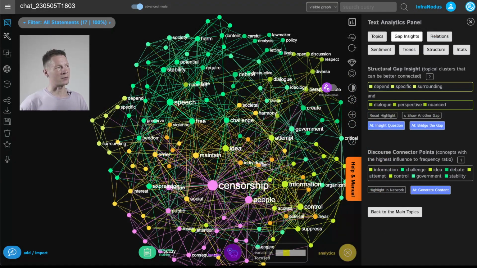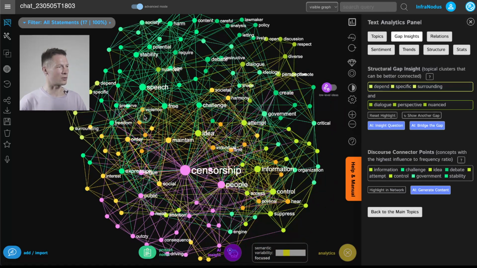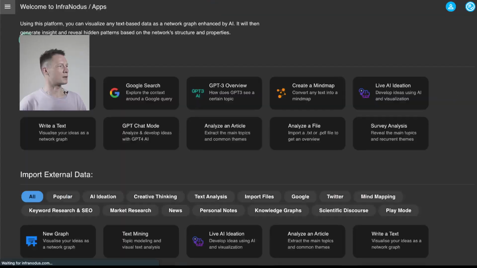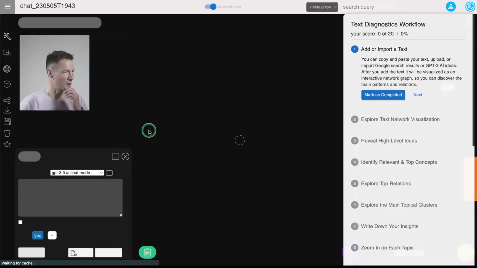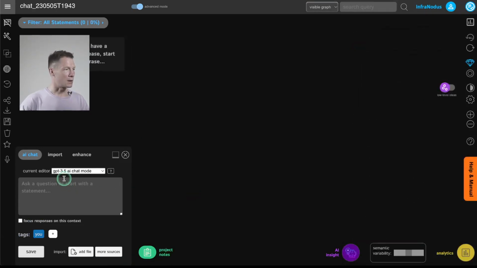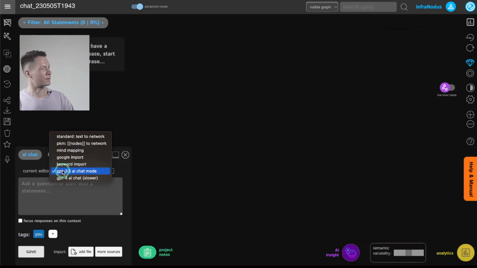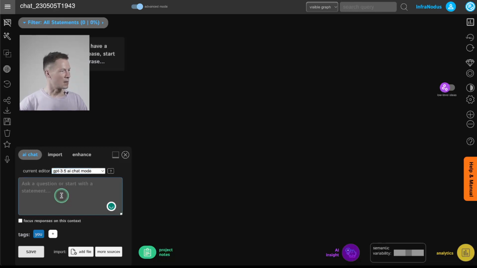I will also record another video where I will explain it in more detail, but here we'll just go through a quick overview. So first of all, you need to open the app, and then inside InfraNodus you have the GPT chat mode. So you choose that, and then you can start talking to GPT 3.5 or GPT-4 model. GPT-4 is slower, so I'm just going to use GPT 3.5,